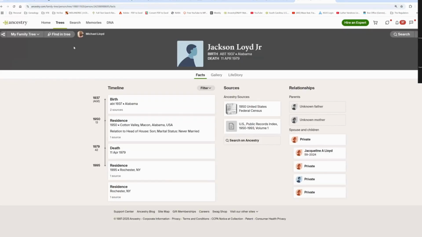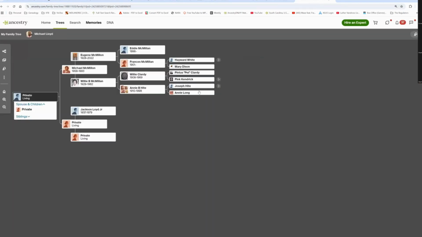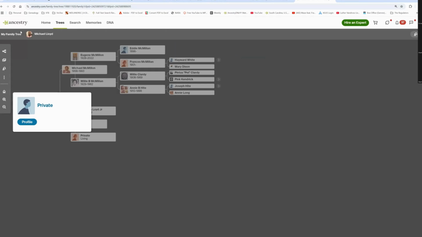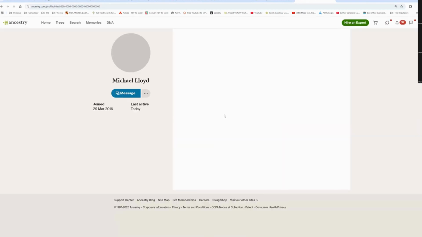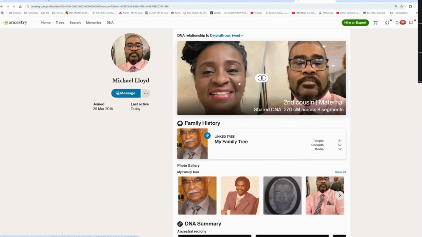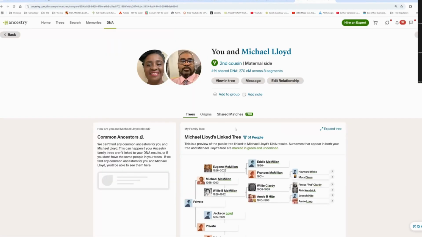But there are some people that, even if there's a lot of them, that's okay. The goal is, whatever you do, when you find your match, add that person into your tree. I'll let you see what Michael looks like, because I had to contact him to figure out who his parent was at the time. And so when I click on view entry,